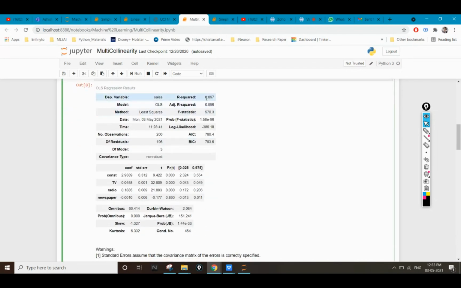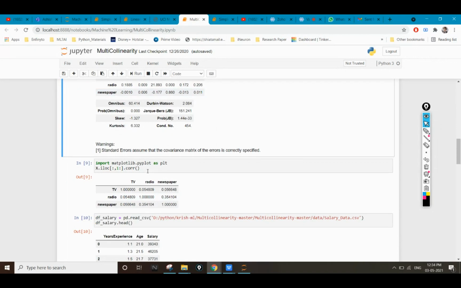In the model summary you can see that my R square value is 0.89, and we have one more thing known as adjusted R square, to minimize the error of R square. This means that 89%, or to be precise 90%, of the predicted data is fitting on the best fit line. The 90% of the actual data is fitting on the predicted data. Now if I want to check the coefficient, this is the coefficient.